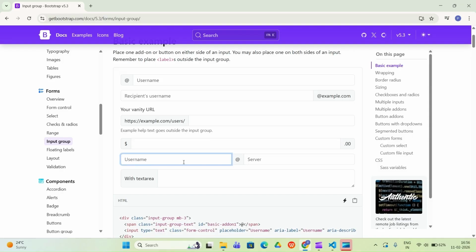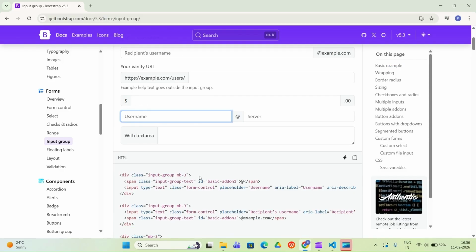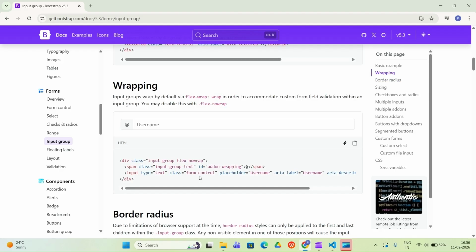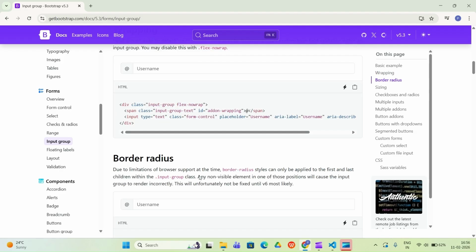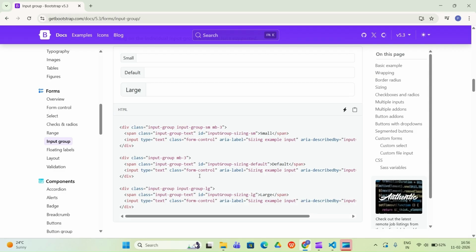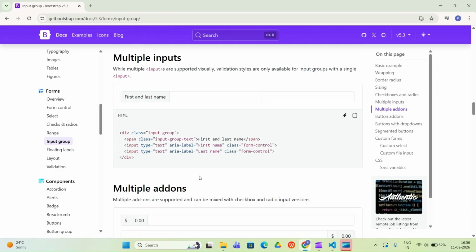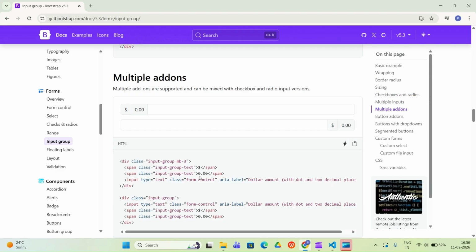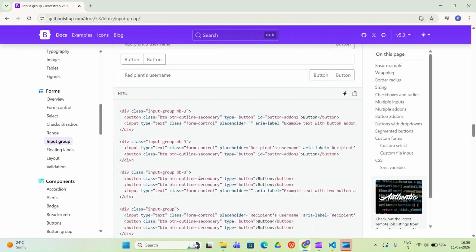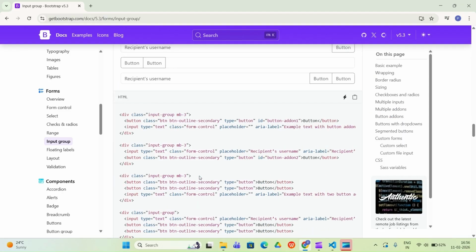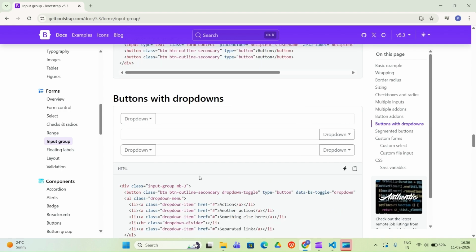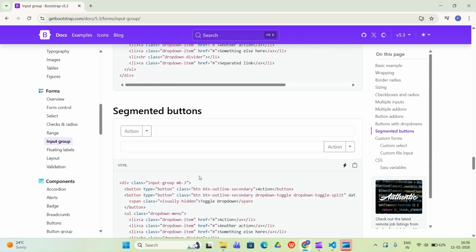Then after username, server, and these types of things are there. You can use it directly in your project if you wish, or otherwise you can make it your own way also. Just take a few things from here, add your own things, and make your project by yourself. So these are the things which are given here.